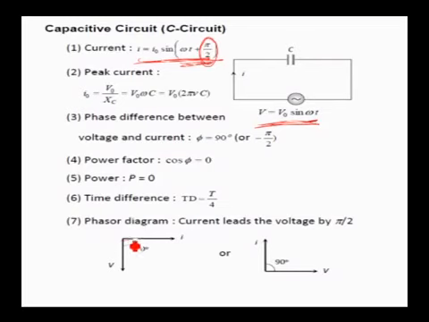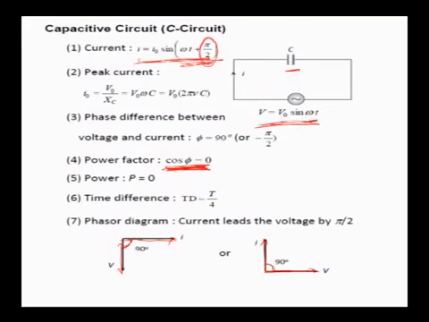You can indicate that by a graph. See, this is I, this is V, current leads voltage by 90 degree, or you can even plot this type of diagram where I is leading voltage by 90 degree. But what happens to the power factor in this case? Because when phi becomes 90 degree, power factor is equal to 0. Meaning of 0 power factor is there is no power dissipated whenever either a capacitor or a coil is connected